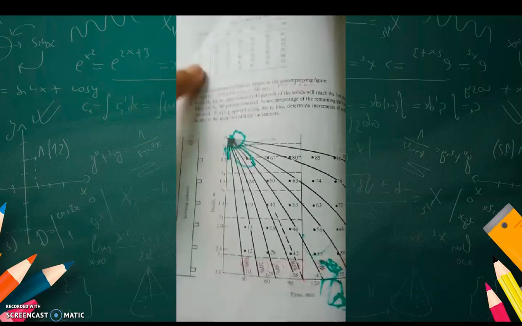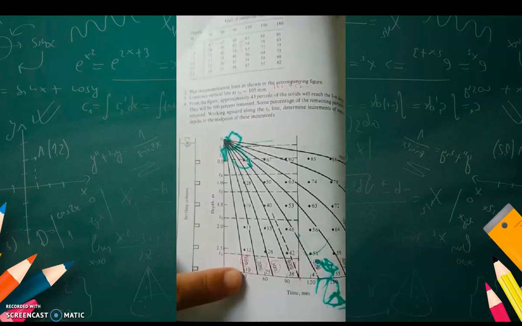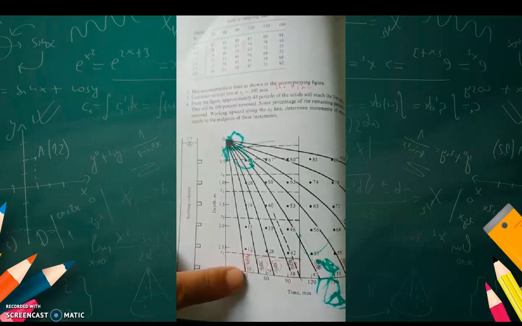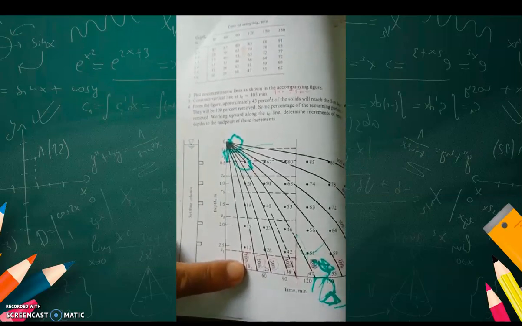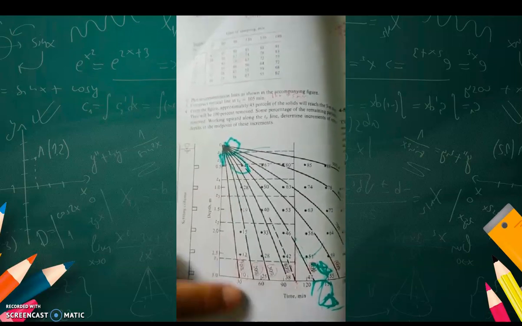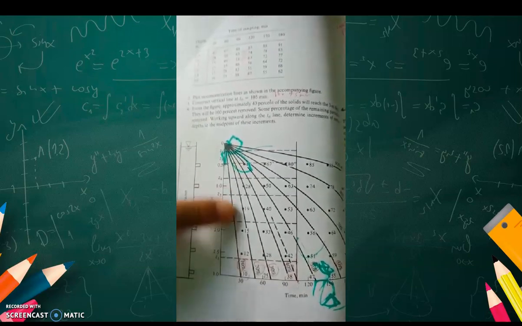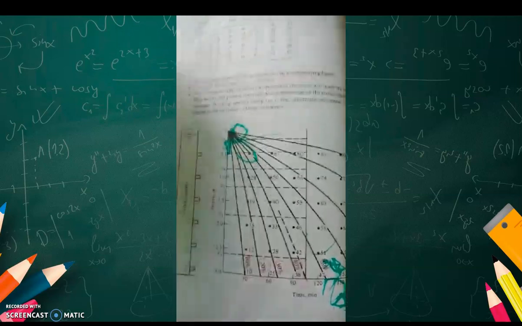From the table just now, at 30 minutes, 10%. So you can start here. 10% must be at here. So you just draw a straight line here. Okay, for the next line,